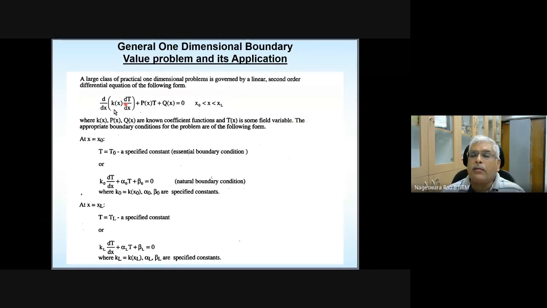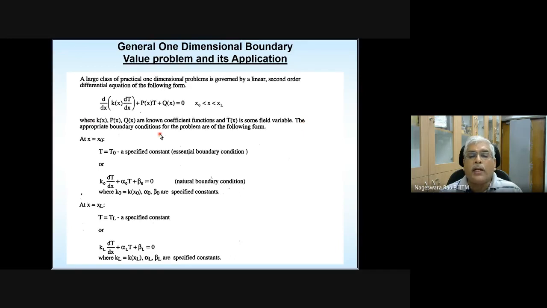And this is a second order differential equation, so you require two boundary conditions to solve this boundary value problem. These two boundary conditions can be a combination of essential boundary condition and natural boundary condition, or both essential boundary conditions or both natural boundary conditions. So you require two boundary conditions to solve for this. Since we are developing element equations for a general problem, we can have either essential boundary conditions or natural boundary conditions alone, or a combination of them.